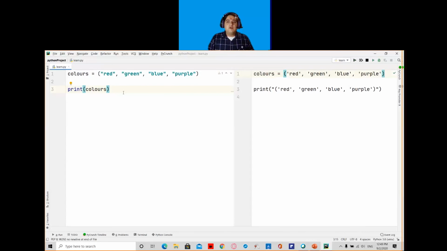Now if I don't want to print my tuple as it is, and instead I want a single element to be printed, suppose I want to print only green. In this example, red is at index number 0, green is at index number 1, blue is at index number 2, and purple is at index number 3.